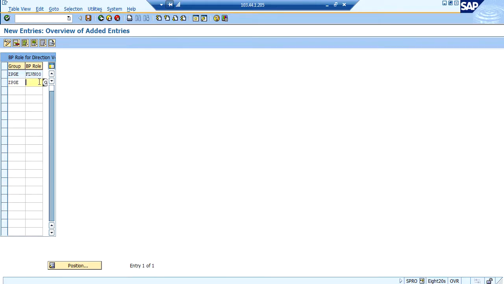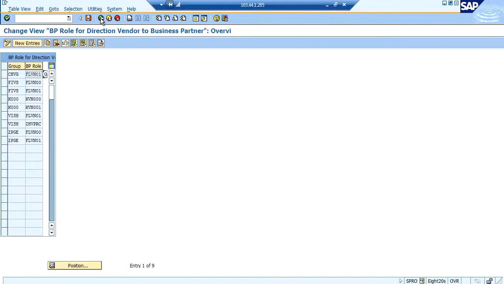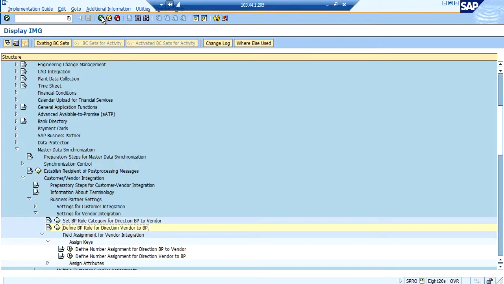For vendor master record, I am giving only these two business partner roles, where one is supplier and another one is FI supplier.